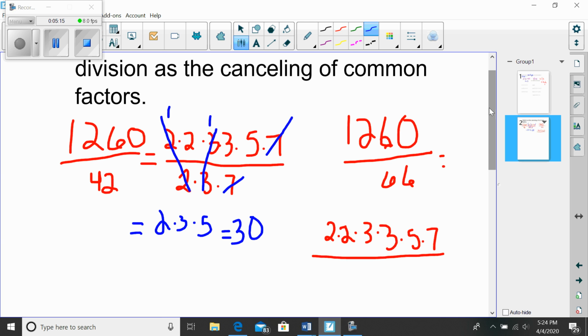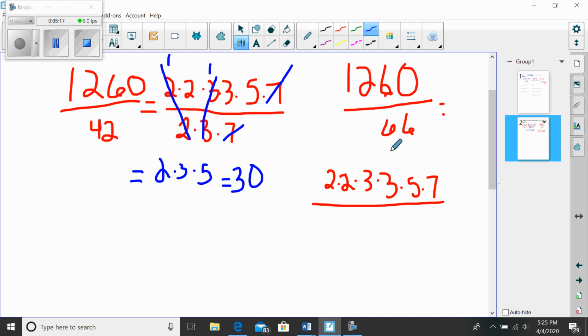Now, over in this example, 66 is 6 times 11. So that's 2 times 3 times 11. Okay, well, if I start to try to divide, then sure, these divide to 1, these divide to 1, and notice I have this 11 down here, right? This number up here has no factor of 11. All right, so then what that tells me is that 66 does not divide